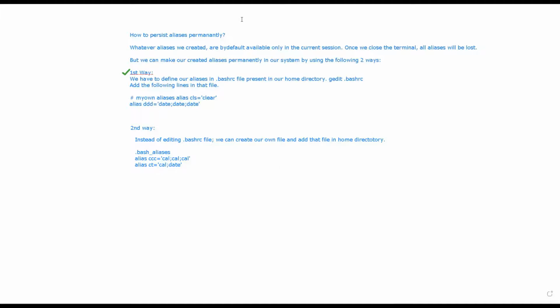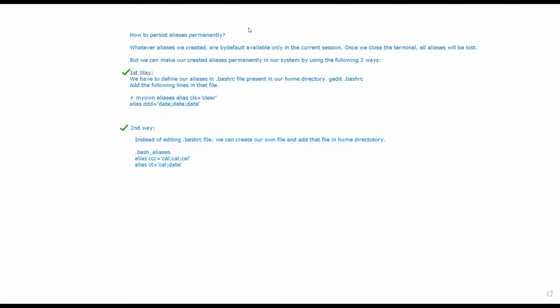These are the two ways to create aliases. The first way is we can define our own aliases in the bash.rc file, which is present in our home directory, and you can edit that using gedit or the vi editor and add the aliases as usual.